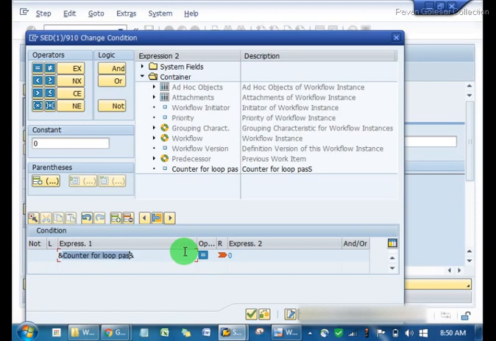Hemant: 3 times loop after. That is initial value, but why is this 0 over here? Namrata? No idea. Vipin? Initial is 3. Initial we have set up is 3, not 0.